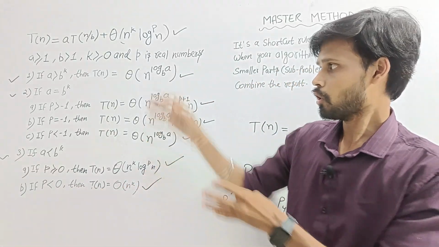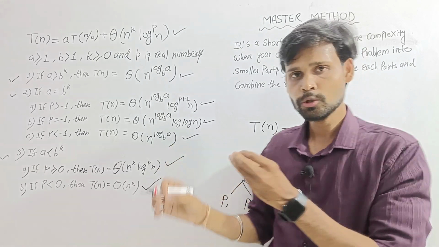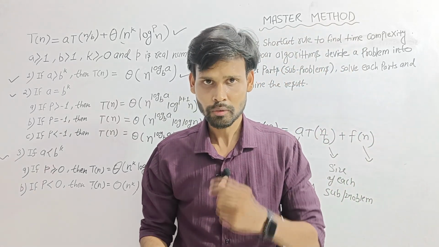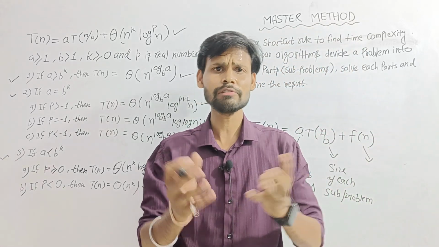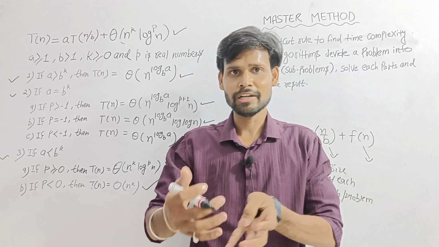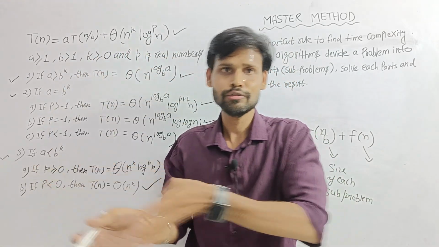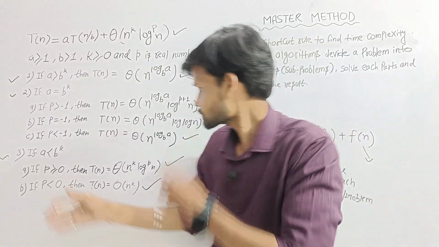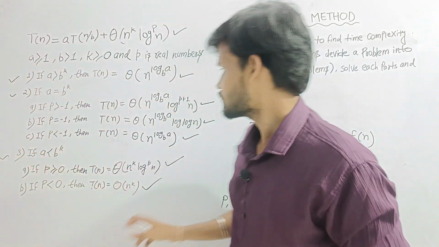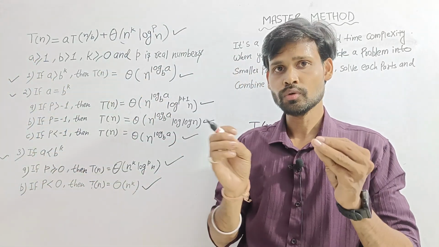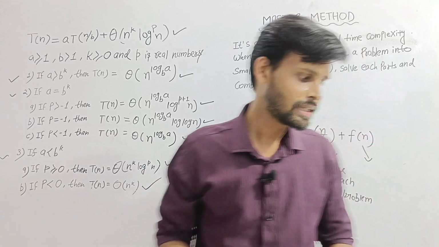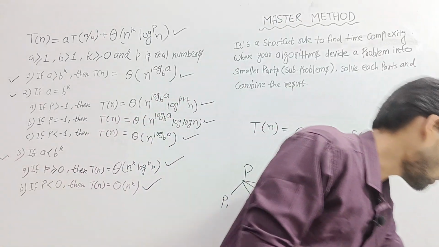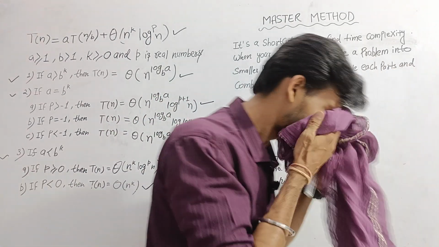If you know all the three cases, then you can directly apply the master method. The master method is nothing but a calculator. We can say you just put in the values and match the cases, and you will see the time complexity directly. So these are some cases that you have to know. We will take some examples or problems on which we can apply the master method.